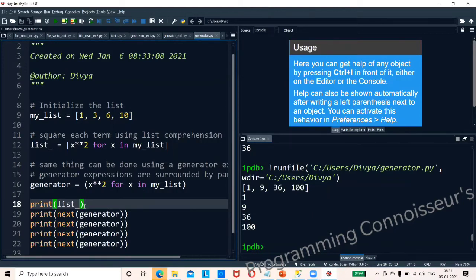Whereas in list expression or list comprehension, all the values will print at a time. Here I want one by one. I want to take that value and do some calculation on it. In that case, it will help us. Fine, we will move on to the next section.